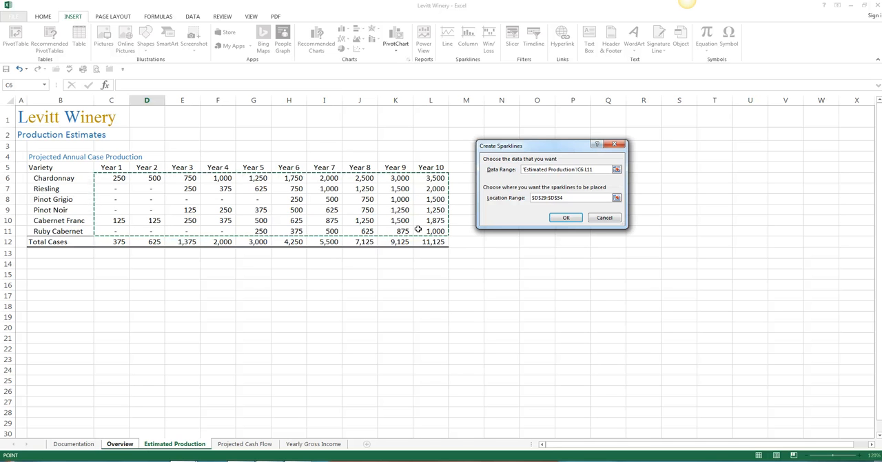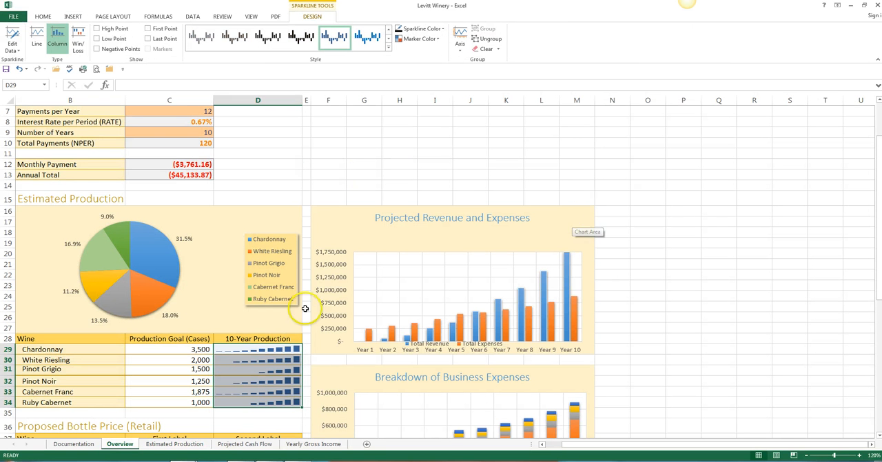This is the range that contains the data you want to chart in the sparklines. Click the OK button. There they are right there. See them? The Create Sparklines dialog box closes and column sparklines are added to the location range in the Overview